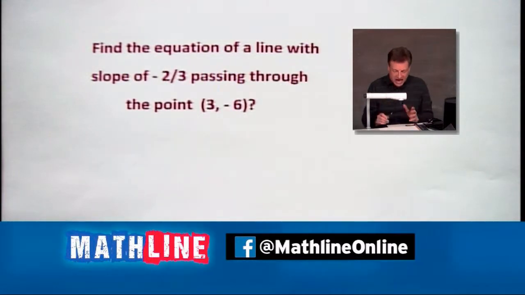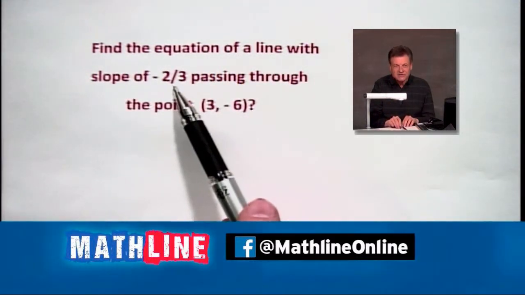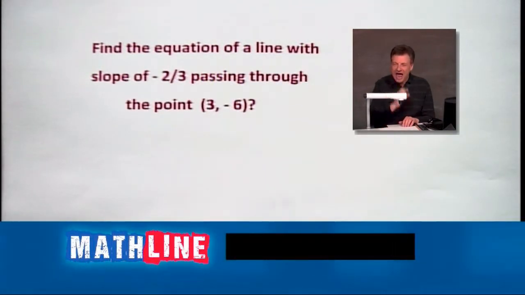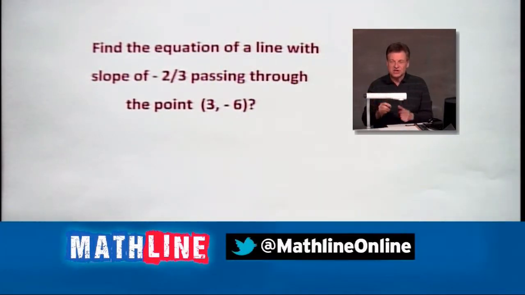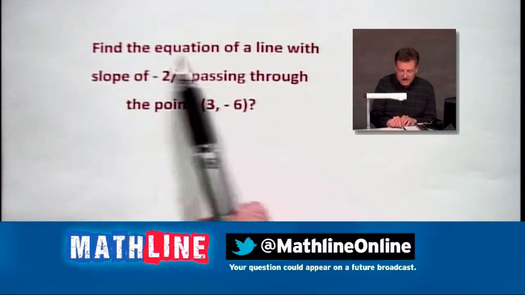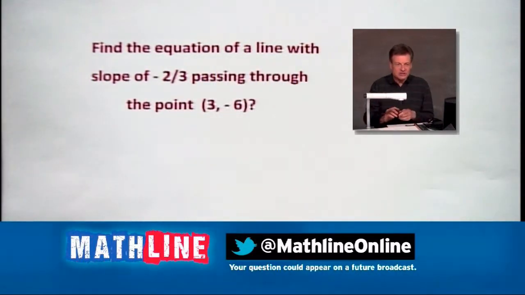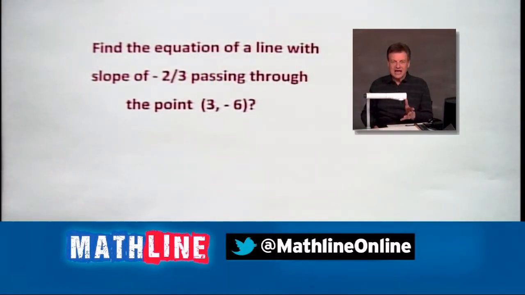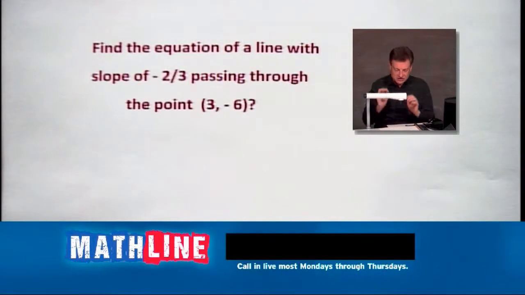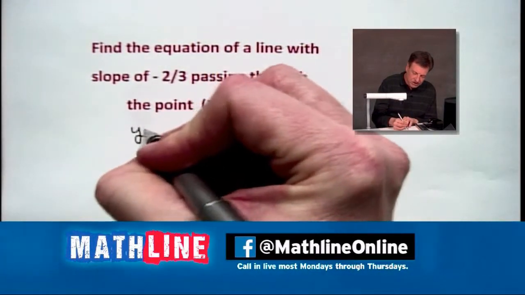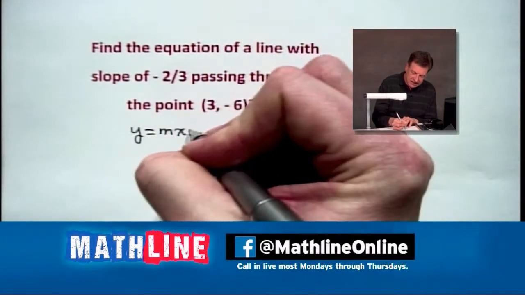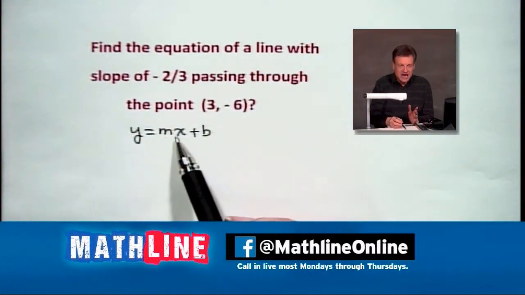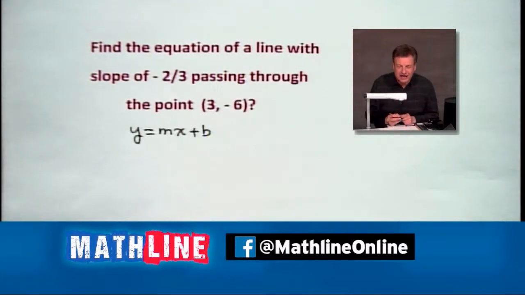He says, if we have a slope of -2/3 and we want it to pass through 3 and -6, now how are we going to write that in, as he said, slope-intercept form? That's what we want. So we're going to find that equation of a line. We're going to do it in slope-intercept form, passing through the point 3, -6. All right, so first of all, let's talk about this. Slope-intercept form basically entails these ingredients. Y equals the slope times x plus the y-intercept.